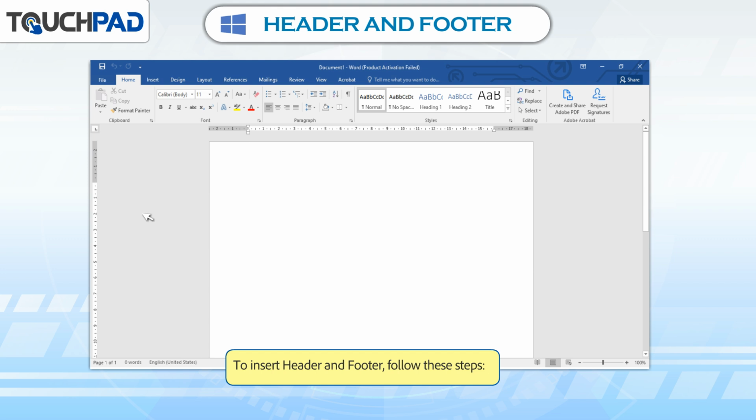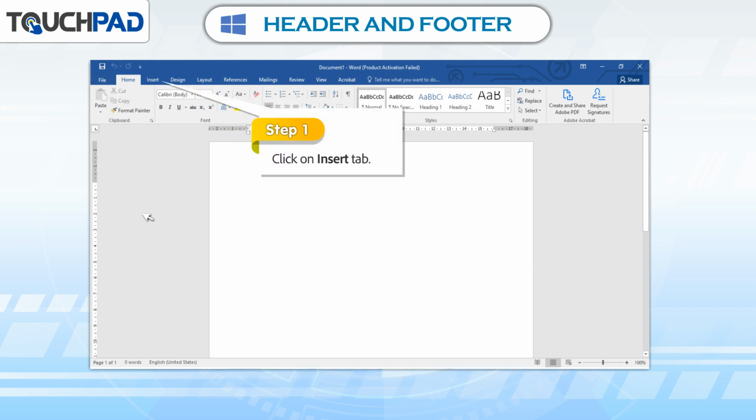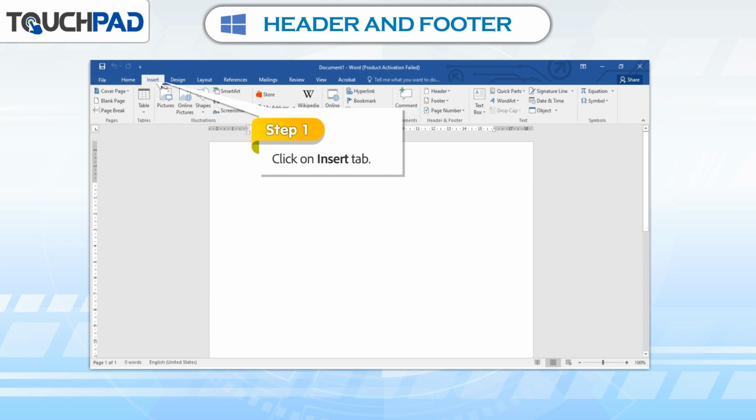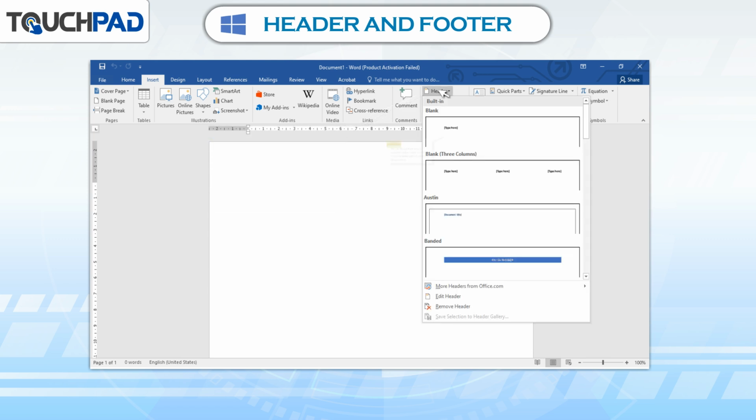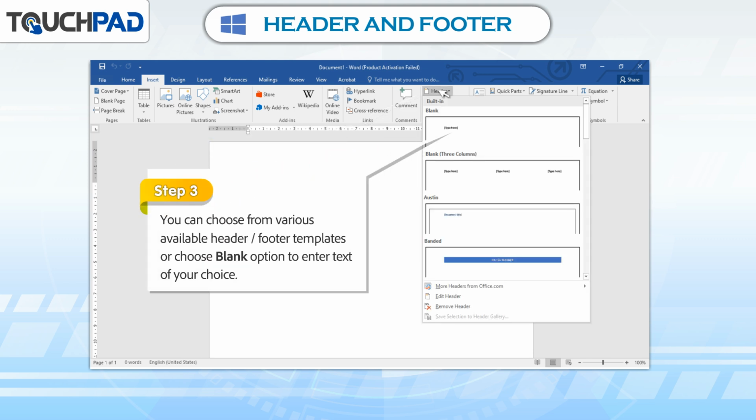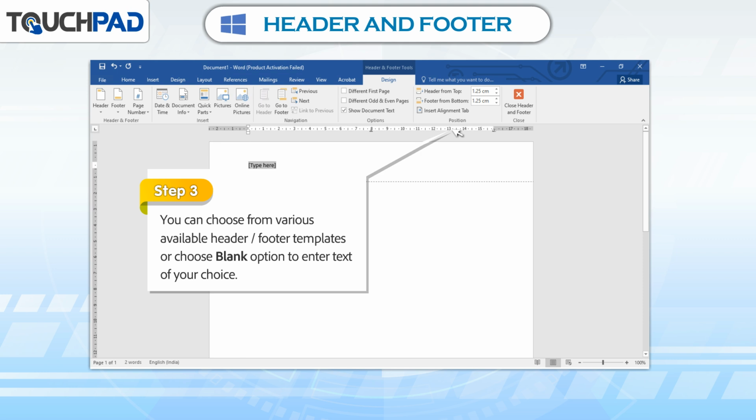To insert header and footer, follow these steps. Step 1. Click on Insert tab. Step 2. Click on the header or footer command. Step 3. You can choose from various available header or footer templates or choose blank option to enter text of